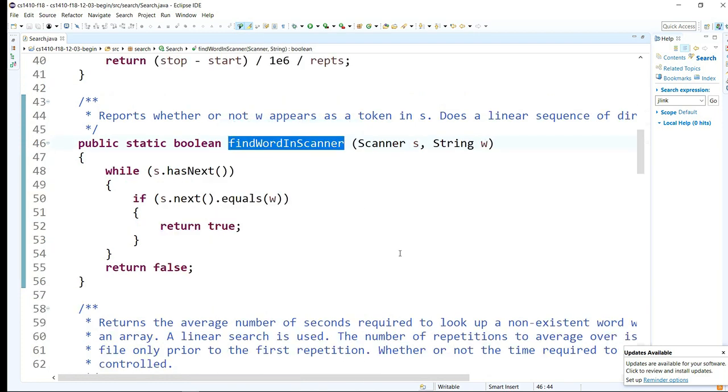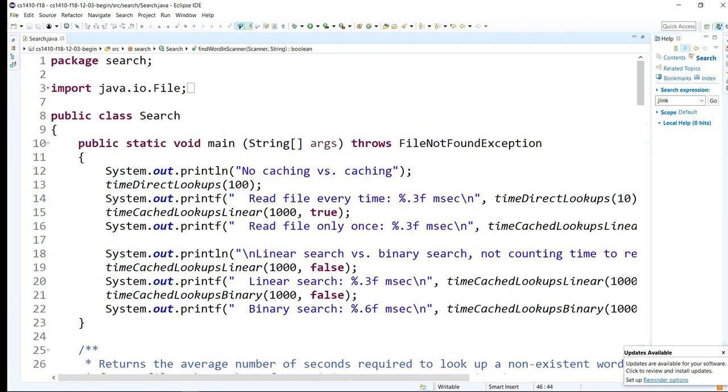Just like that. So it doesn't use an array. It just goes through the scanner the way you're used to and tries to find the file. It tries to find the word and reports whether or not it's there. So that's what one of the methods does, and it computes. It does it